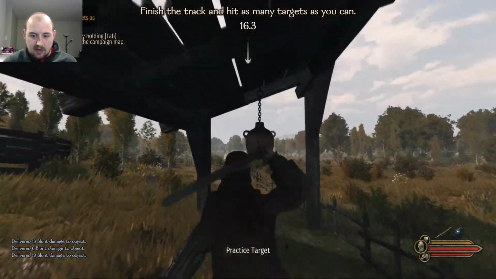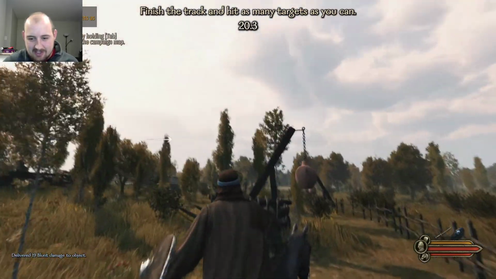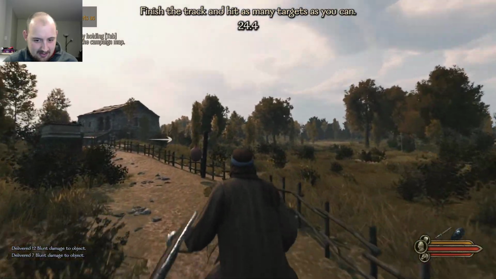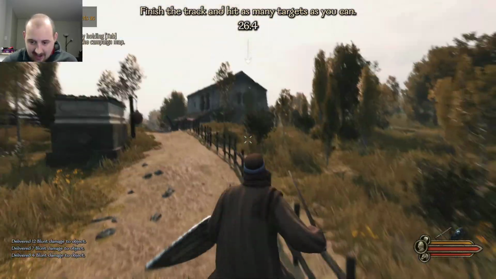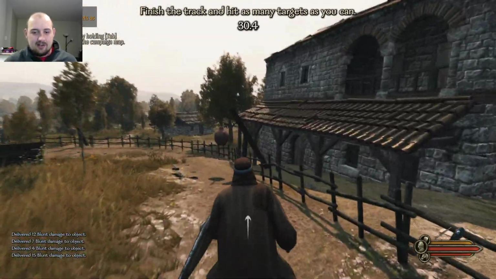Oh, an overhead. Oh, what? What? My depth perception. What is this, real life where I actually can't hit things? Stab. There is something very satisfying. Just like...